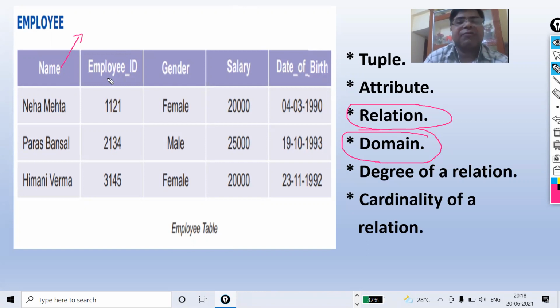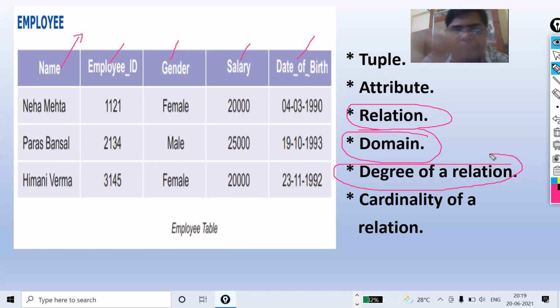Same way, employee ID, maybe it can have a number, that is numeric. Gender, that is female, male. Salary, that can be numeric. Date of birth, that can be date.